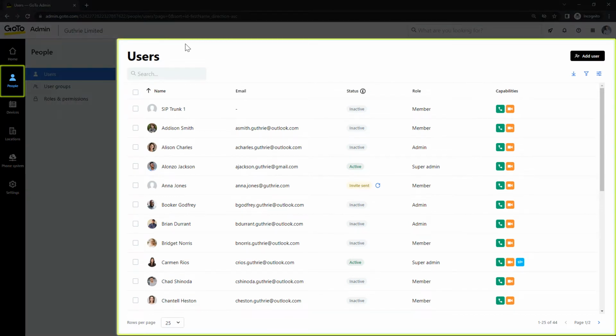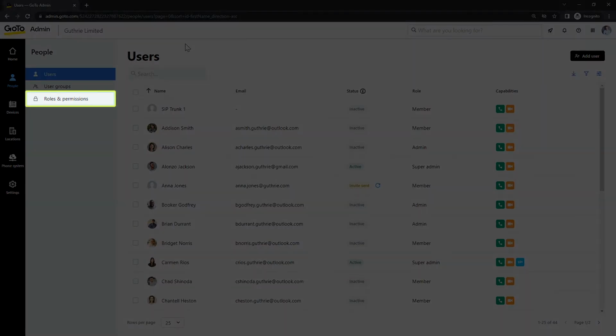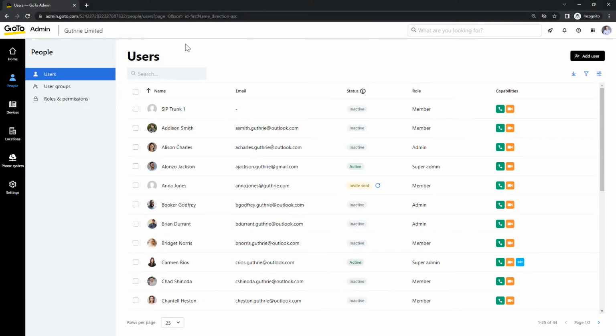You can see your current users from the People section and add new ones if needed. You can also access the roles and permissions. User groups are helpful if you want to apply a setting to an entire group. While here, let me demonstrate some filtering, sorting, bulk edit, and search options that are available in most of the tabs on the left sidebar.